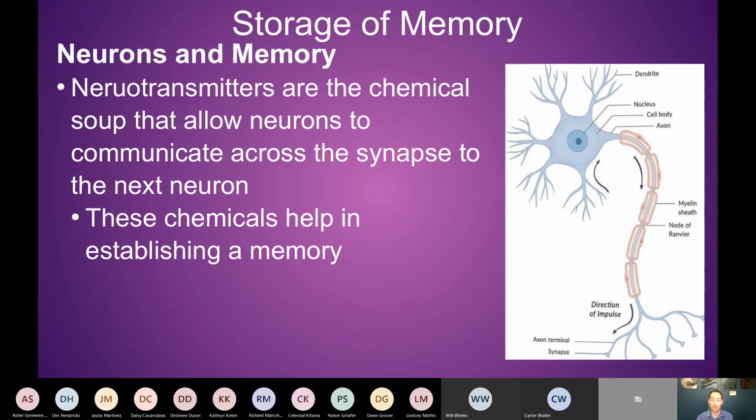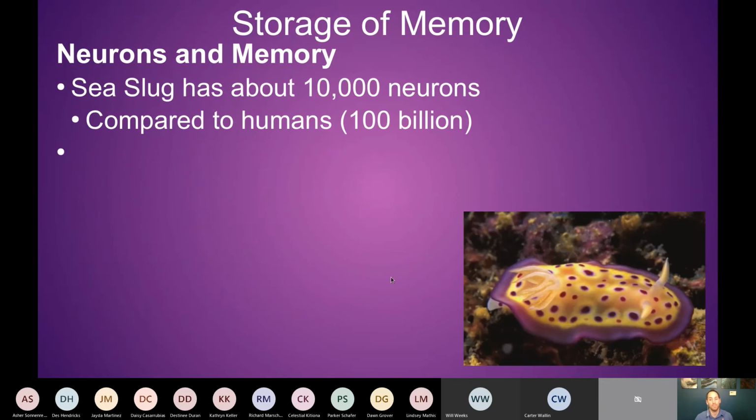You can find more videos online on YouTube that go into a lot more detail, at the cellular level, about which neurotransmitters lead to what responses in the following cells. If you think that would be helpful, feel free to do that extra research as well. But essentially, all you need to know is that the type of chemical at that synapse is going to lead to a memory being more or less likely to happen, or that connection being more or less likely to be strengthened.